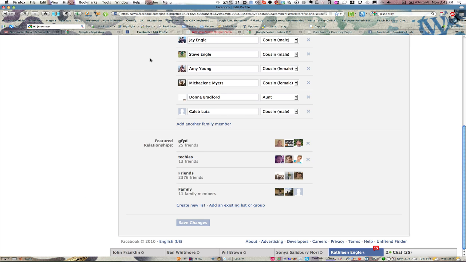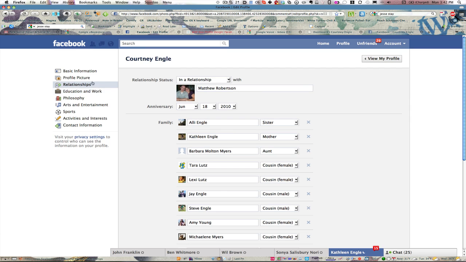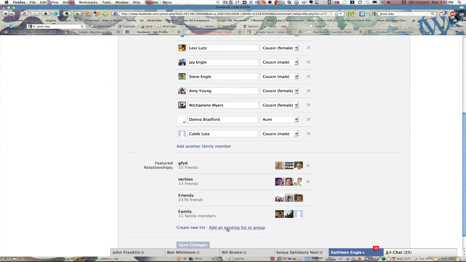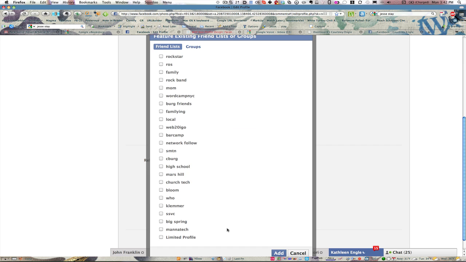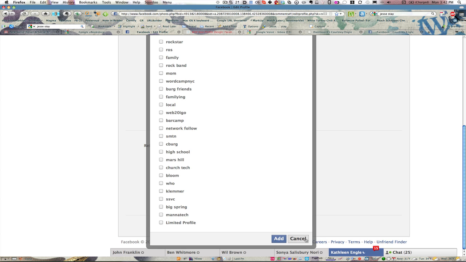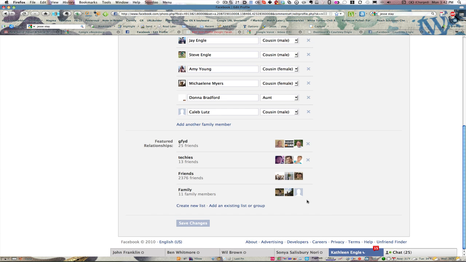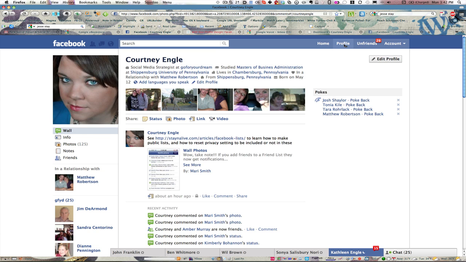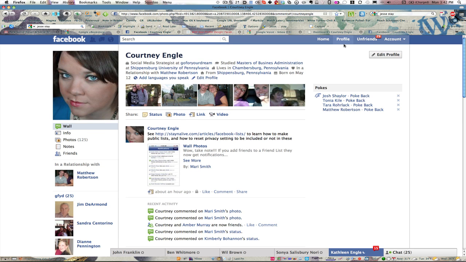So when we're looking at editing our profile, again, we're under relationships. In that edit profile area, you could either create a new list or use an existing list or group that you are a part of, and you just check off the thing that you want to add it to and then click add, and this would function similar to a Twitter public list when that goes out available. So it's interesting information for you to know about. At this time, people can't follow one of your other lists, so there's a lot of questions and concerns as to what that really means for your overall Facebook privacy settings. So it's kind of up in the air.